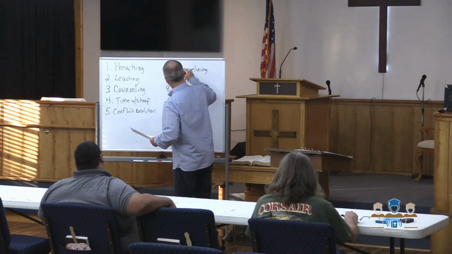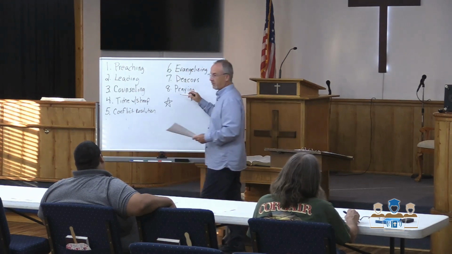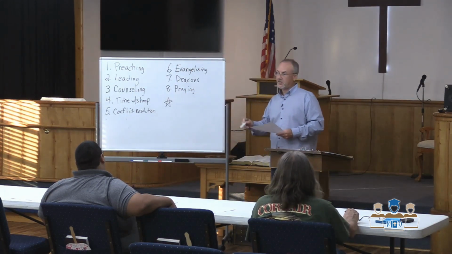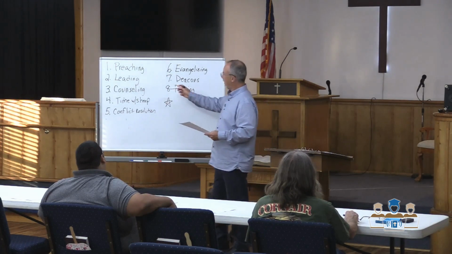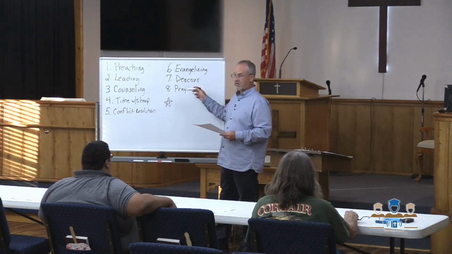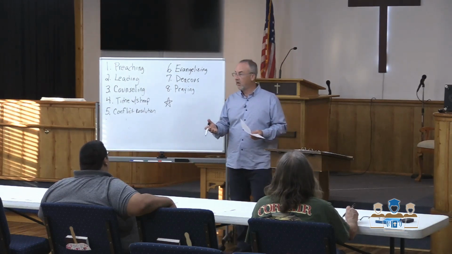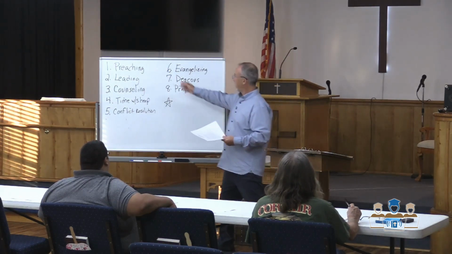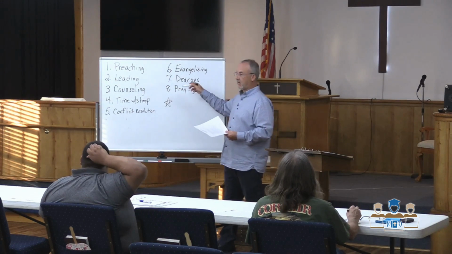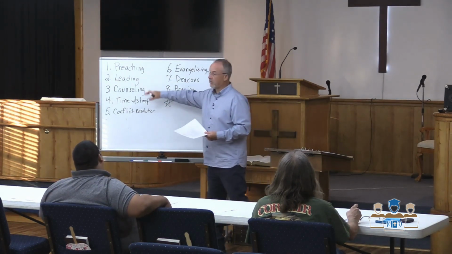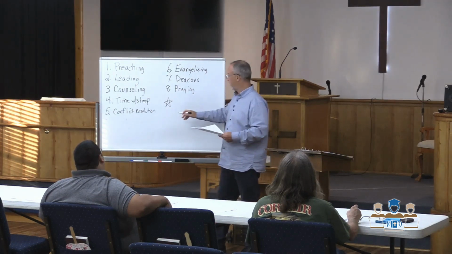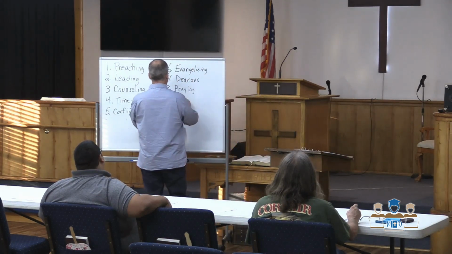who does this represent? Who is it that did all of these perfectly? Jesus Christ. You see, when you start looking at the work of elders, what you see is it is a replica, if you will, of the work of Christ Himself. The elder is supposed to be doing these things, and none of us can do it perfectly, and we're going to be strong in areas and not so strong in others, but the elders are supposed to be representing Christ very fully in the work that they do. You see that? So this is all Christ Himself.